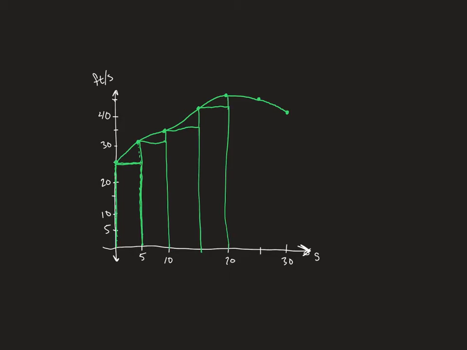Fourth. This one will end up being an over approximation there. And there we go. So we've got 6 rectangles now that are going to help us approximate this. And this is where we're going to want to apply a sum. So since it's a left-hand approximation, we're going to use our general form for these left-hand approximations and just say